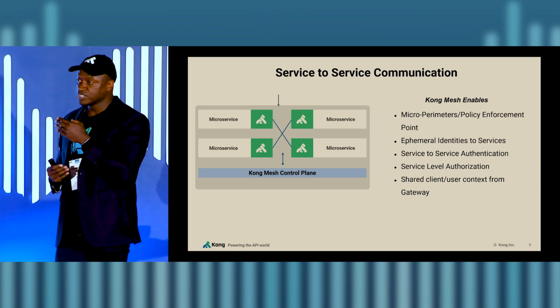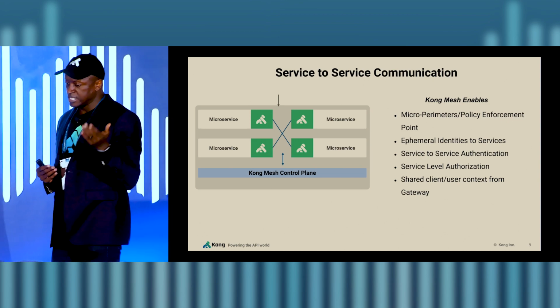We're also able to do service-to-service, service-level authorization. This is another really important key thing, because we have to assume at some point that our services will get compromised. The question is, if they get compromised, how much damage can the attacker do, right? And through authorization policies, we're able to begin to limit that, because if service A was compromised and it is talking to service B and it is trying to do more than what it is allowed to do with service B, authorization policies are denied, and because each microservice is a policy enforcement point, it is able to detect that service A is doing what it is not allowed to do, right?